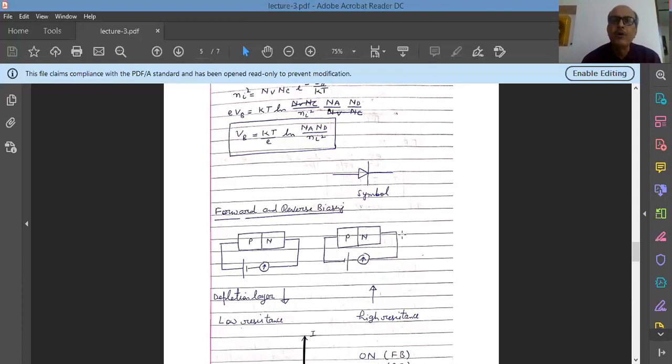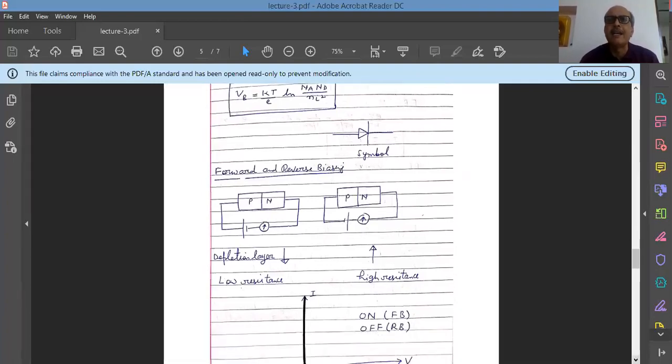Now coming to the reverse bias side, you have to connect the positive terminal of the external battery to N type and negative terminal to P side. So that means it becomes more difficult for the carrier to pass through, or it is not possible for the current to pass through due to the majority carrier, but still, in fact, if you draw the diagram, there is some current. That current is called leakage current. Leakage current is nothing but the movement of minority carriers from P side to N side and N side to P side, that gives rise to the very small current in the reverse bias side.